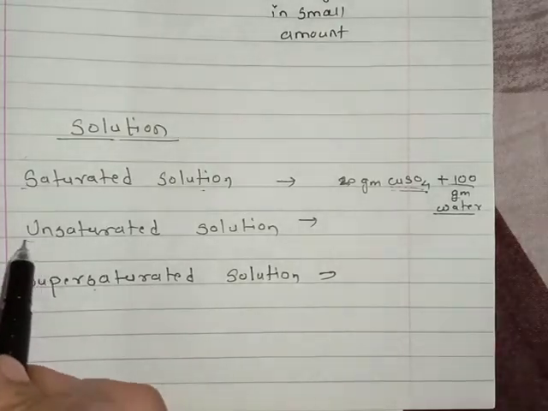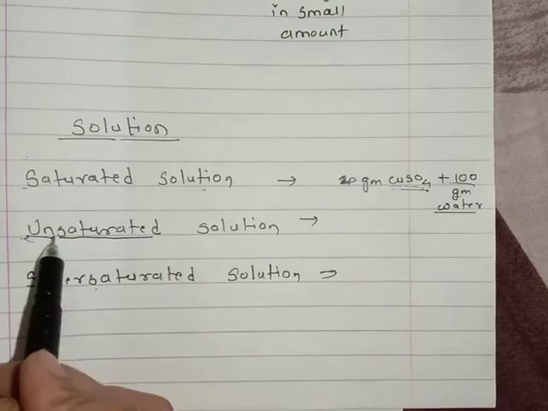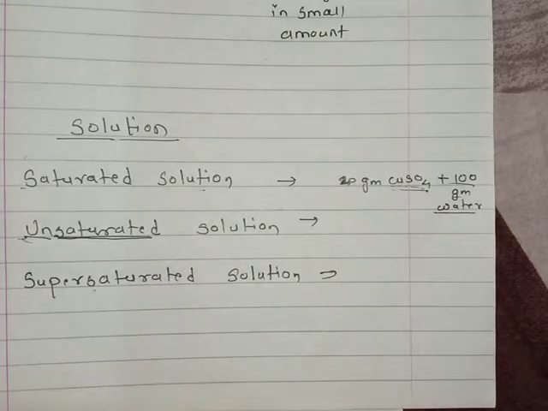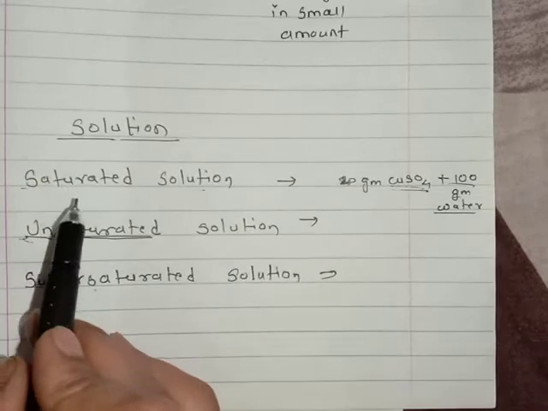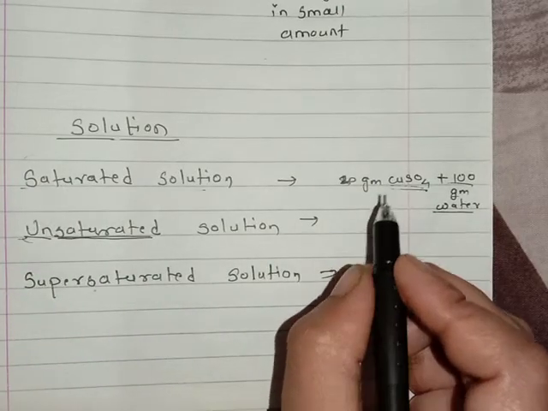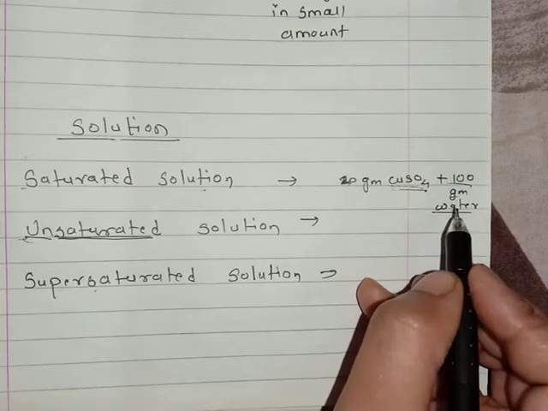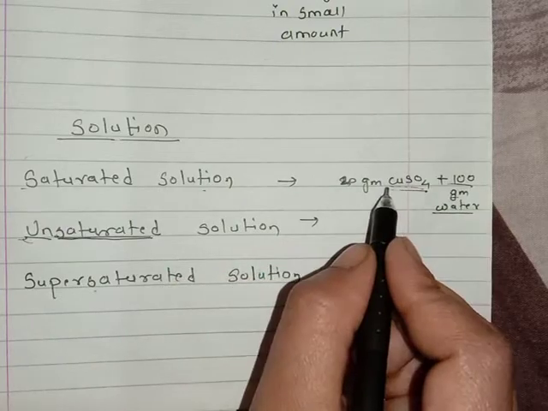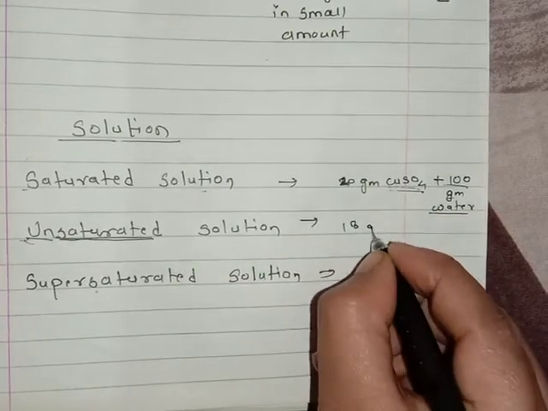But children, in unsaturated, un means not, absent, so that is a solution which is not saturated, in that we can add more solute. We can add more solute in such a way that we can bring it to its saturation level. For example, we'll take the same example. The 20 gram of copper sulfate when dissolved in 100 gram of water will form a saturated solution at a particular temperature. If at the same temperature, children, we add 18 gram of copper sulfate